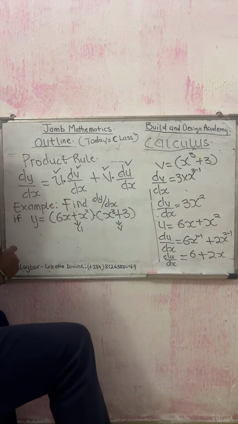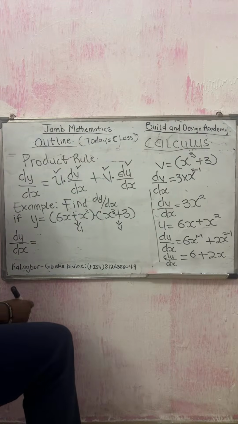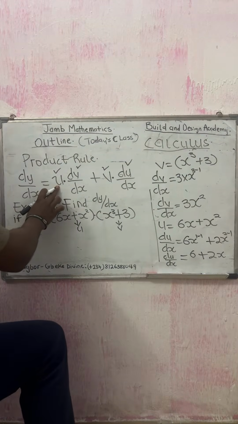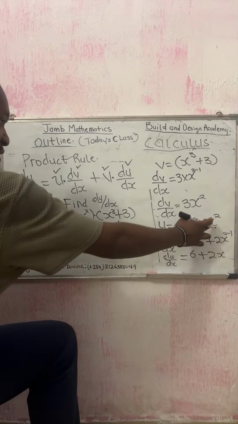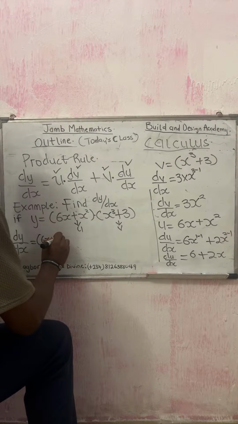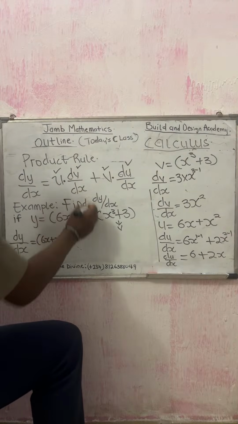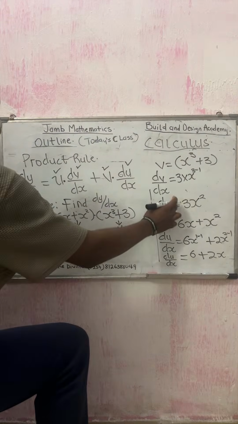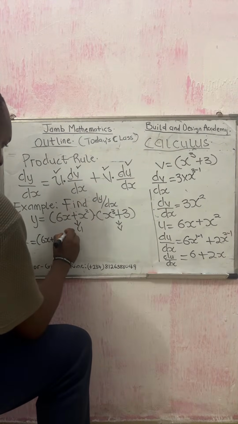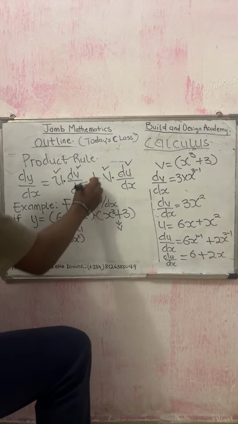So the next thing is to substitute into our equation. So we have our solution that dy over dx will be equal to u times dv over dx plus v times du over dx. Where's our u? Our u is 6x plus x squared, times dv over dx. What is dv over dx? dv over dx is 3x squared, plus